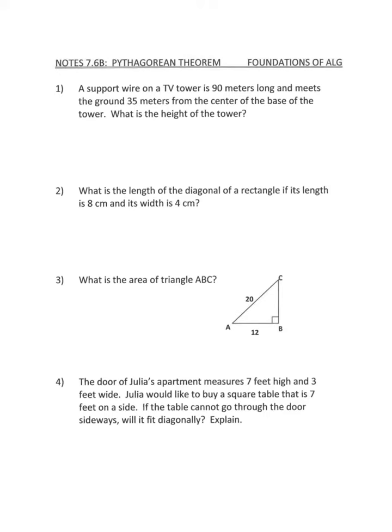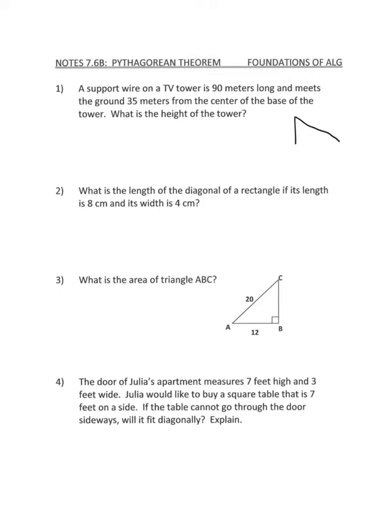Alright, 7.6b, same thing, we're talking about Pythagorean Theorem, but this time we're going to look at some word problems. So for number 1, a support wire on a TV tower is 90 meters long and meets the ground 35 meters from the center. So it's very important with these questions that I'm drawing a picture. And if I'm doing a section on Pythagorean Theorem, I already know what kind of triangle I'm going to have. I'm going to have a right triangle. So if I draw my right triangle off to the side,